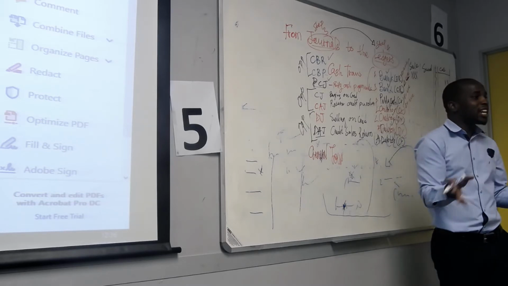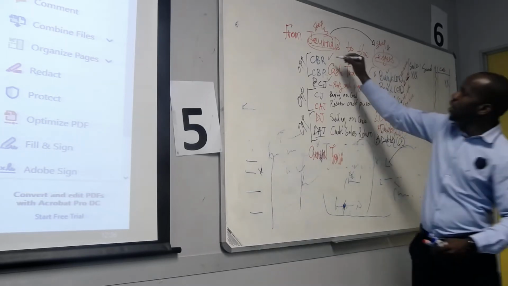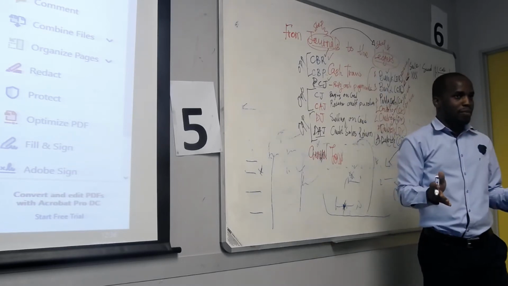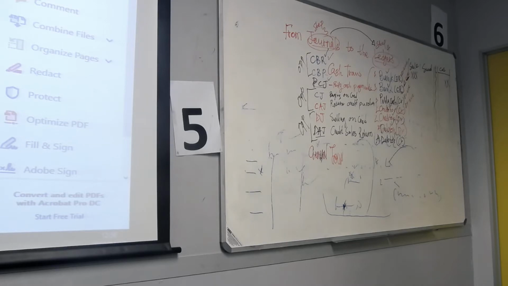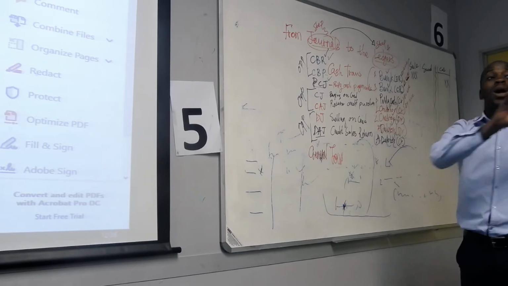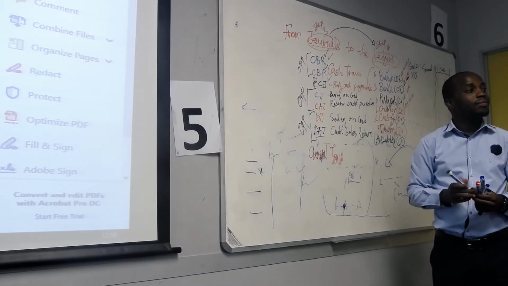If it was cash, guess what? If somebody comes into your shop and buys with cash, they will be in CBR, right? When they return whatever they bought, you must also give them cash. I bought with cash, so when I return whatever I bought, I want my cash back. Since they want their cash back, it becomes a payment. Are we together?